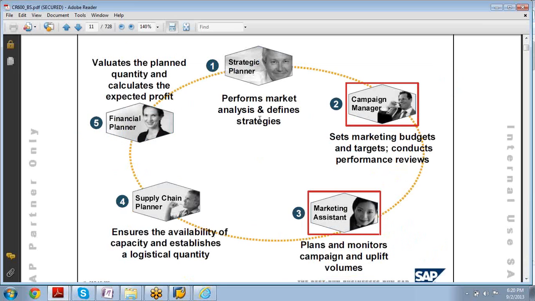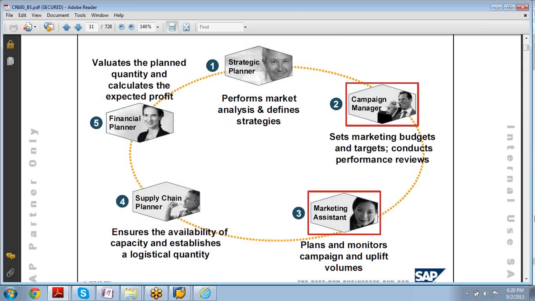So you can see this strategic planner. If you want this scenario to be completely implemented, you require key figure planning, because you require a control of budget, isn't it? Every project you have, if you have to control a budget, you have to remember this scenario, these 5 steps every time.